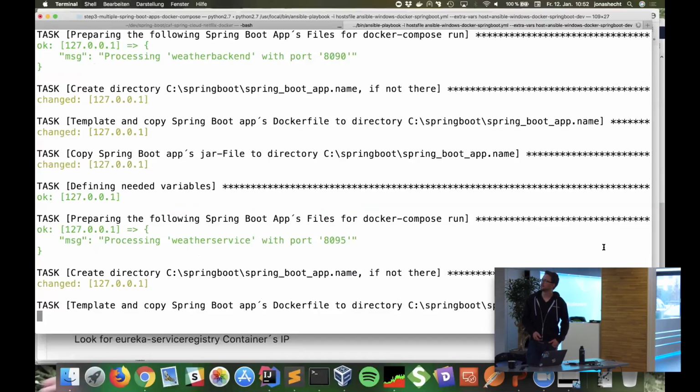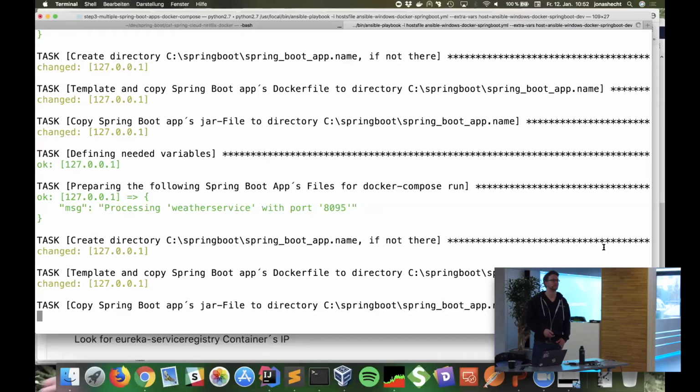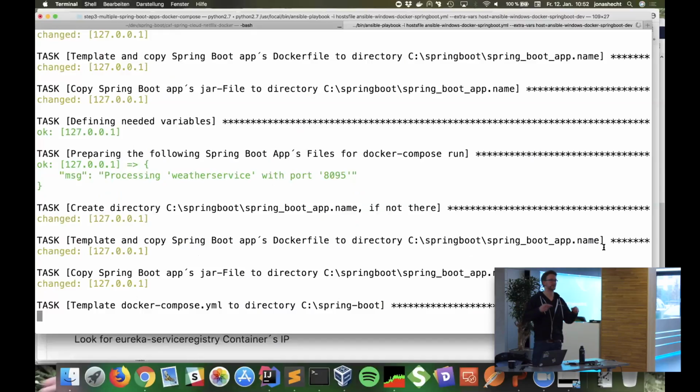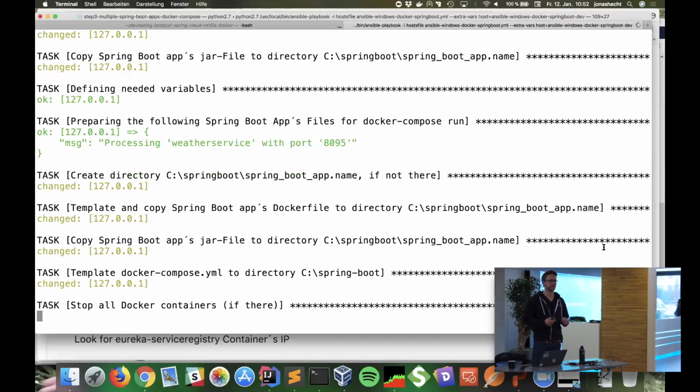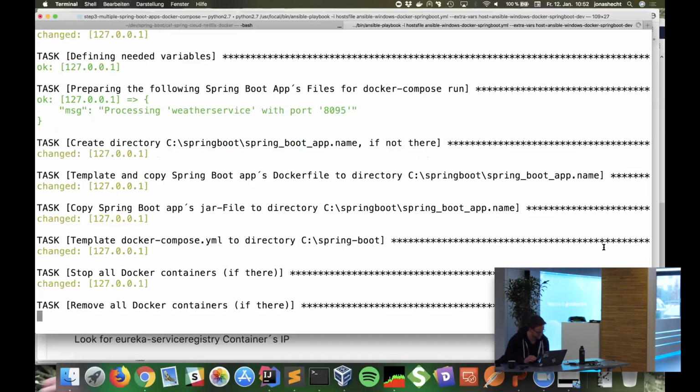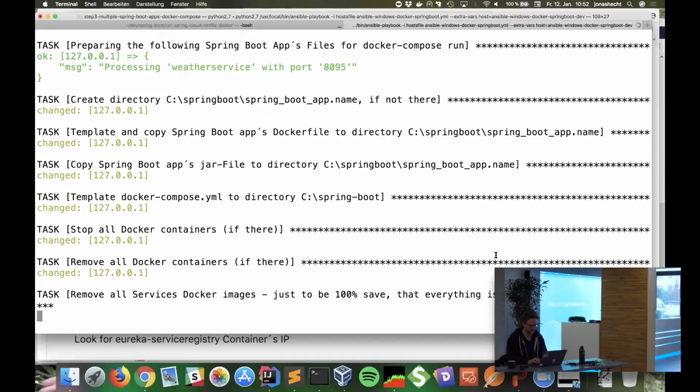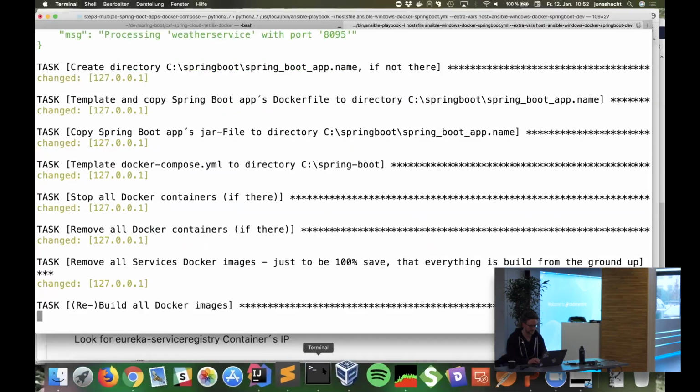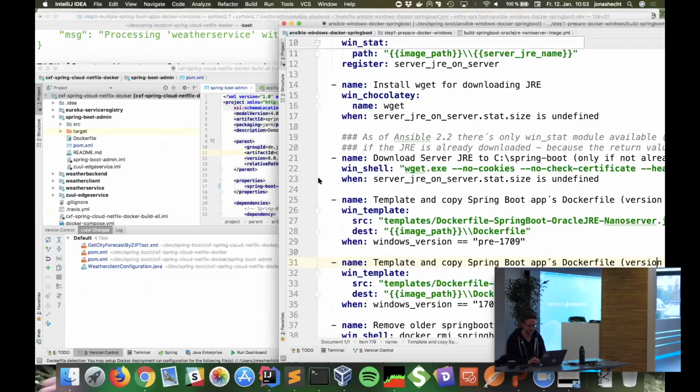Right. And then if we are there, we can run Docker Compose. I think most of you will know docker-compose up. You can use a nice feature with the project name. Then you can tweak where your Docker Compose file lies, because Docker Compose always names the services after the folder, except if you define it with the project name. All right, so remove your stuff, rebuild. So let's see what he's doing.